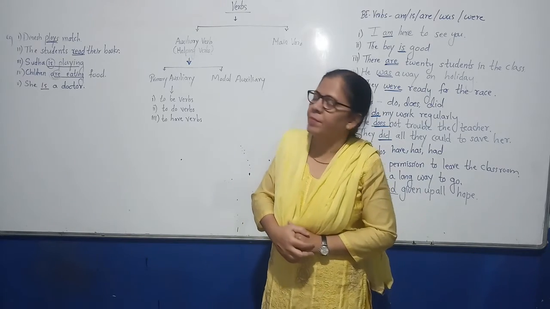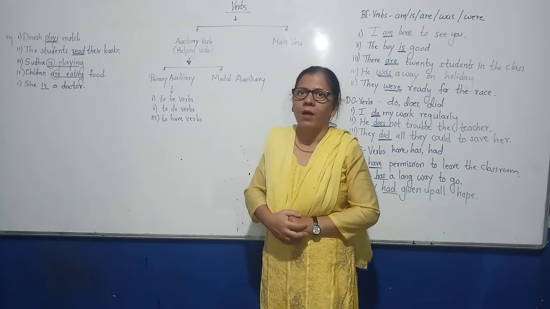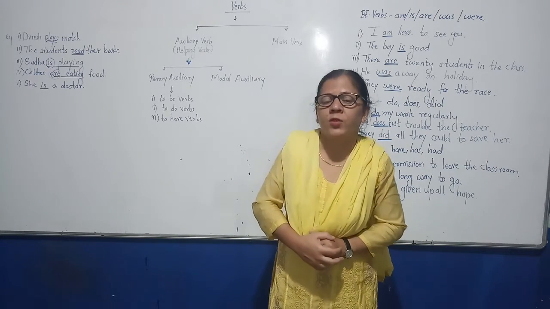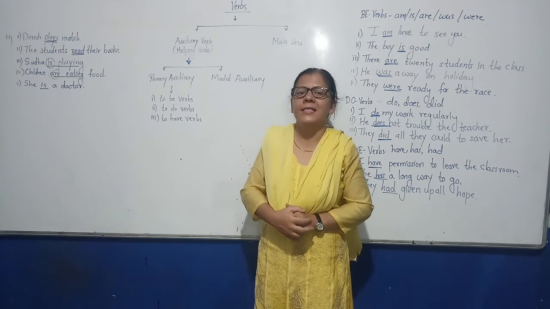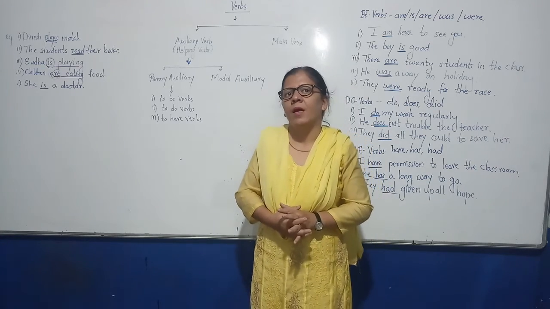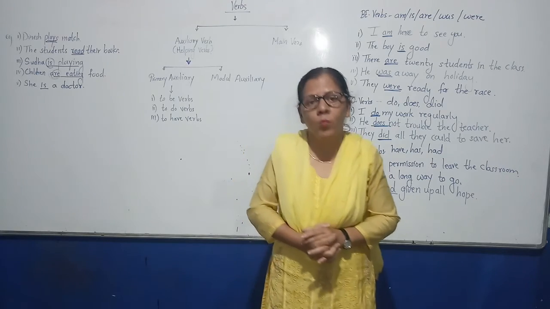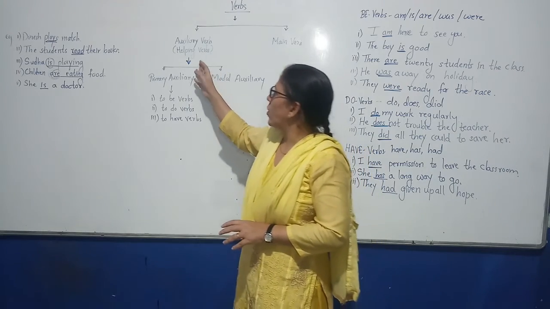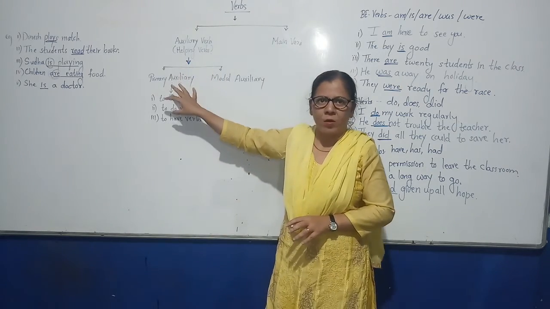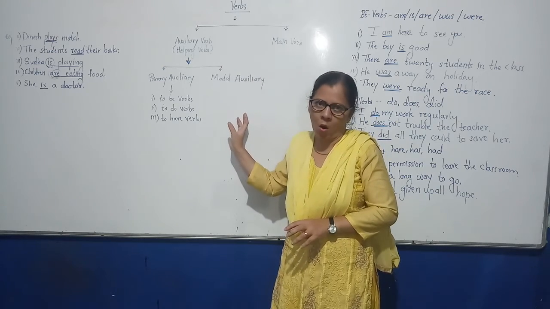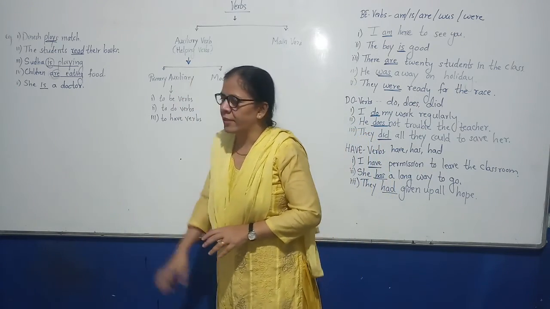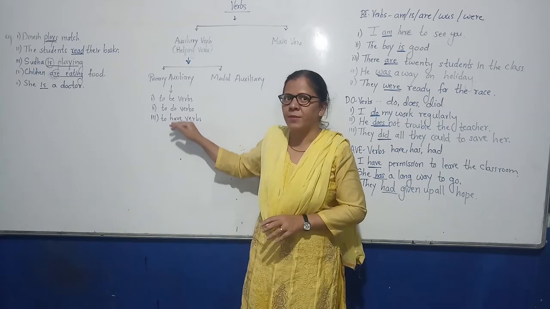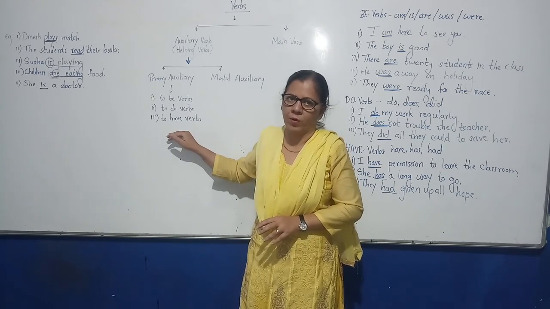These verbs help the main verbs to make the meaning clearer. They help us to form tenses and tell us about the voice and mood of the sentence. So auxiliary verbs are further divided into primary auxiliaries and modal auxiliaries. Primary auxiliaries are further divided into three types: to be verbs, to do verbs and to have verbs. Okay? I hope you have